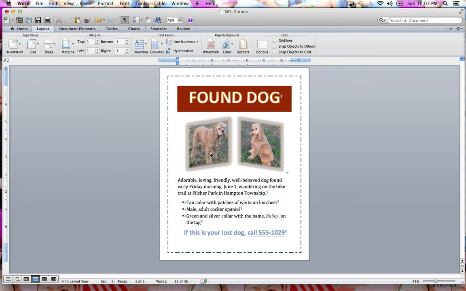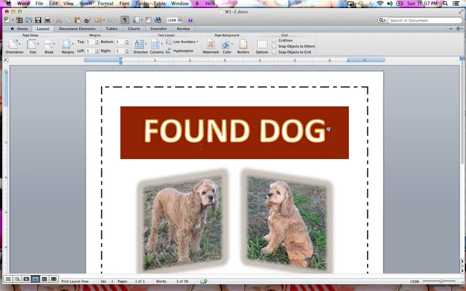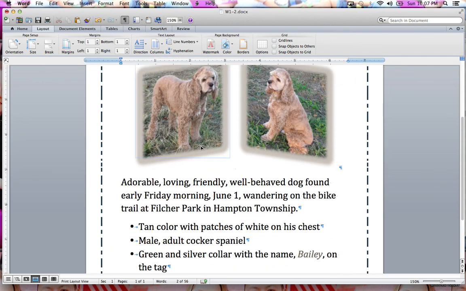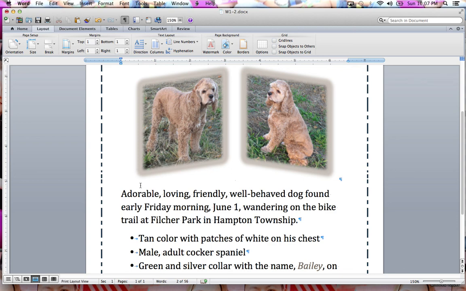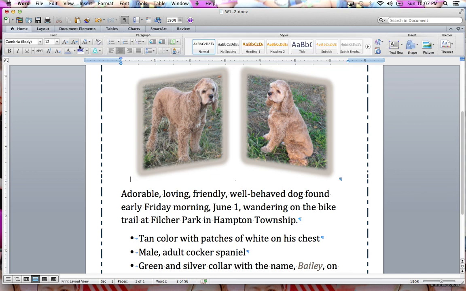All right, now I want to change the spacing before and after for the paragraph that these two are in. So I'm going to click out here and notice that my insertion point is blinking. Let me kind of zoom in so you can see that. So you see my insertion point right here. Remember, where we can find the line spacing is over here under the Home tab, under the Paragraph section, line spacing